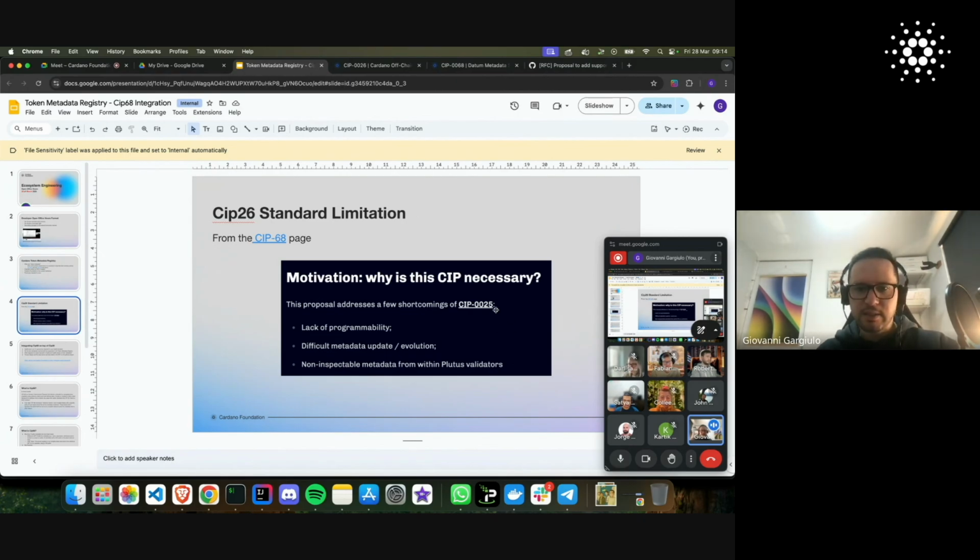I actually think that there is, is it 25 or 26? I think it's 26. Yeah, there is a typo here. That's what's wrong with the 26, not 25. But anyway, actually the 25 is the metadata specification for NFTs. So I think the 26 is more general. But anyway, the second thing is in